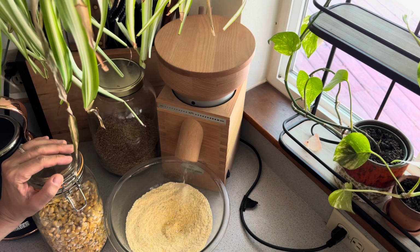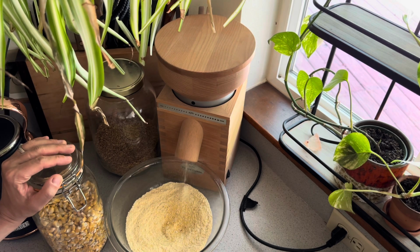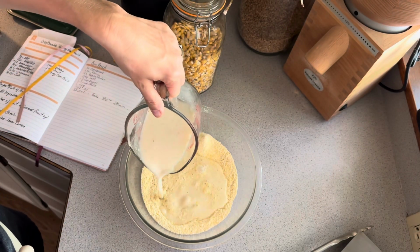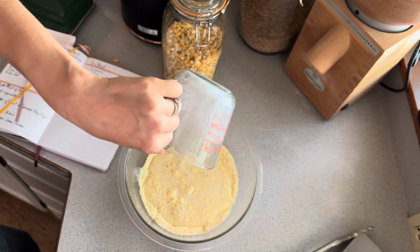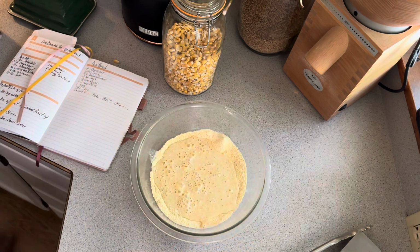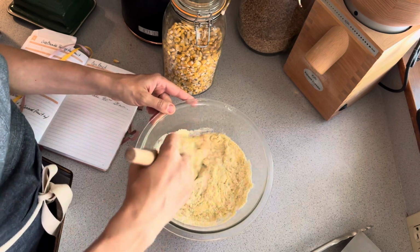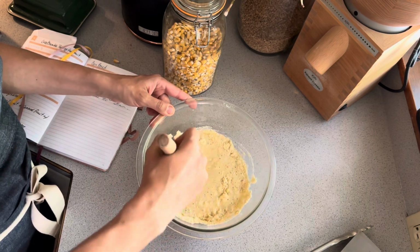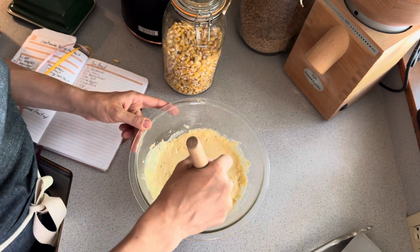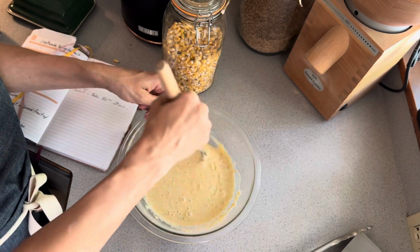And then you need to add liquid as needed to your cornbread, but you do want it to be a thicker batter. My batter actually comes out quite thick, and I could have added more milk to the batter, but I did not. So this recipe calls for 1 cup of cornmeal, 1.5 cups flour, 4 teaspoons baking powder, 1/2 teaspoon of salt, and I'm using Redmond's Real Salt, 1/2 cup of sugar, 1.5 cups of milk. You can use buttermilk, almond milk, whatever kind of milk you have on hand, 1 egg, 1/4 cup oil, and